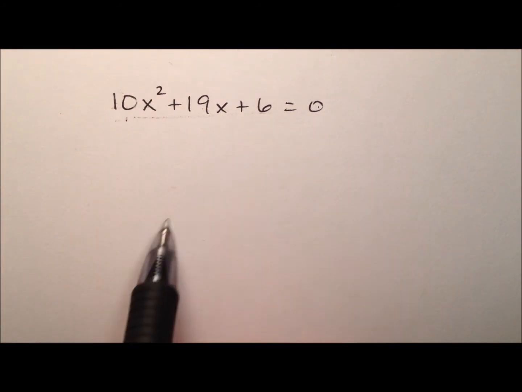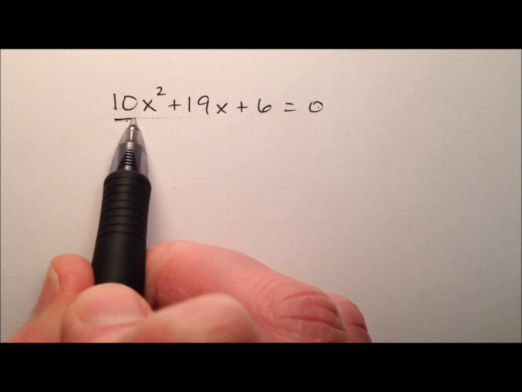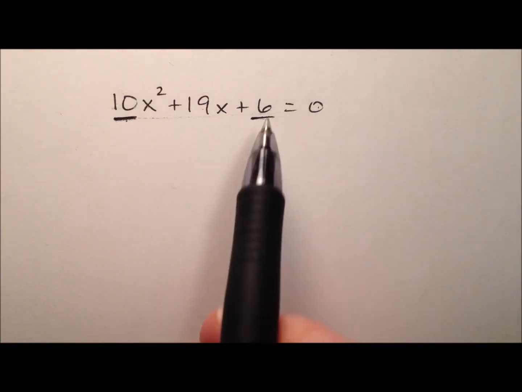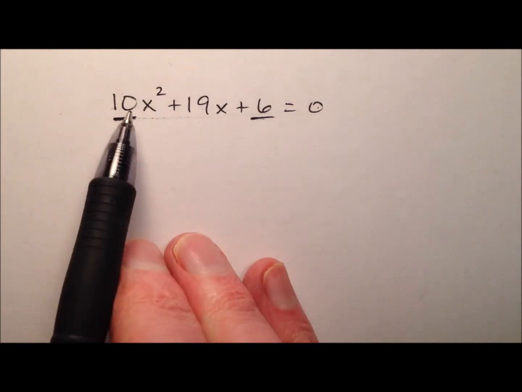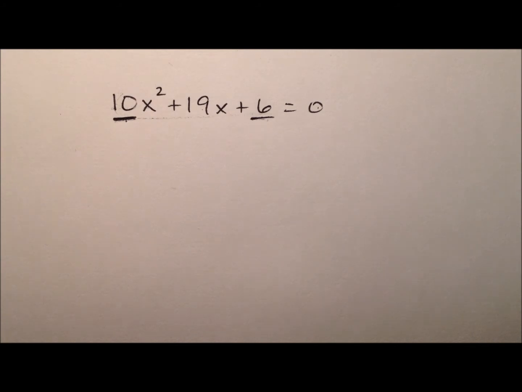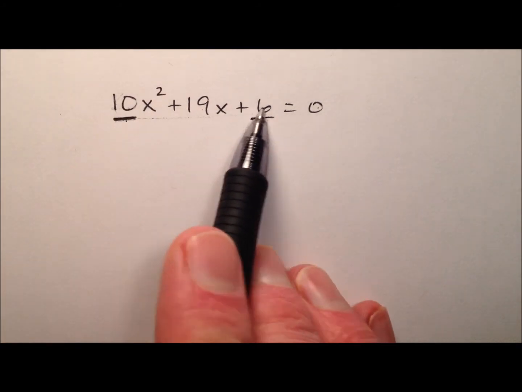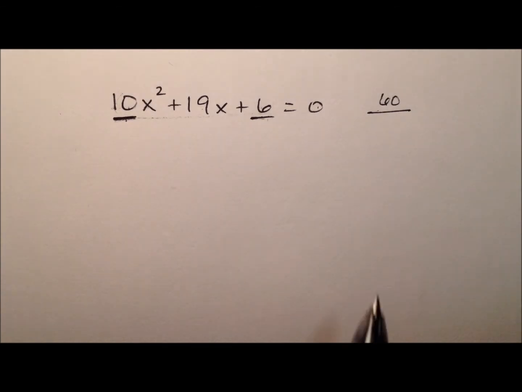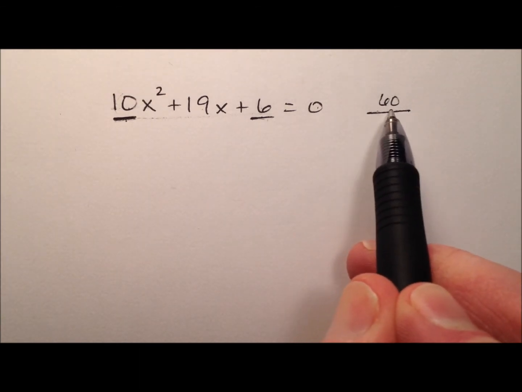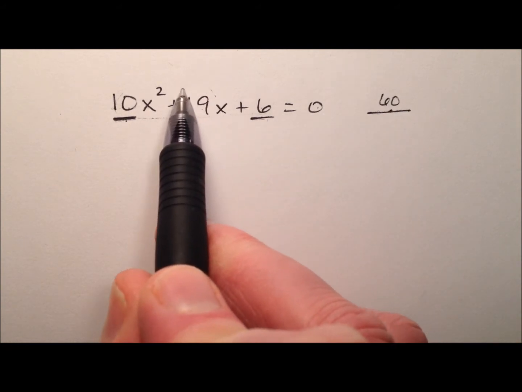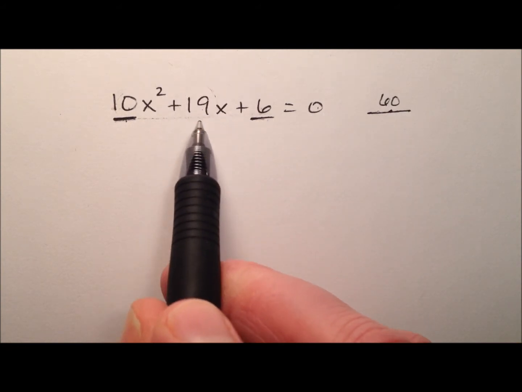So in a quadratic expression here, we have ax squared plus bx plus c. So our AC method tells us that we're going to start by taking the leading coefficient, which is 10, and the constant, which is 6, and we're going to multiply those together. So 10 times 6 is 60. All right, so at this point, we're looking for factors of 60. So what two numbers multiply to make 60 that will add to make the coefficient of this linear term, or